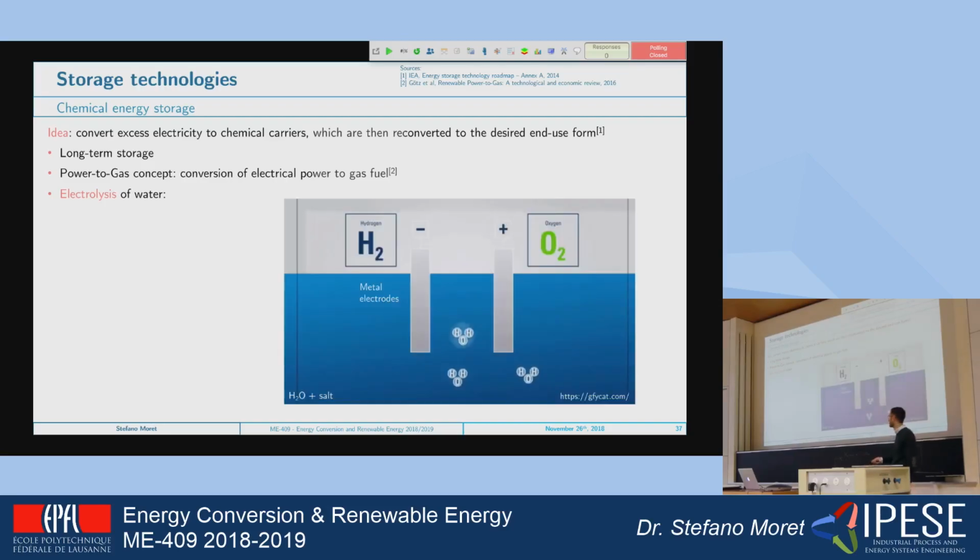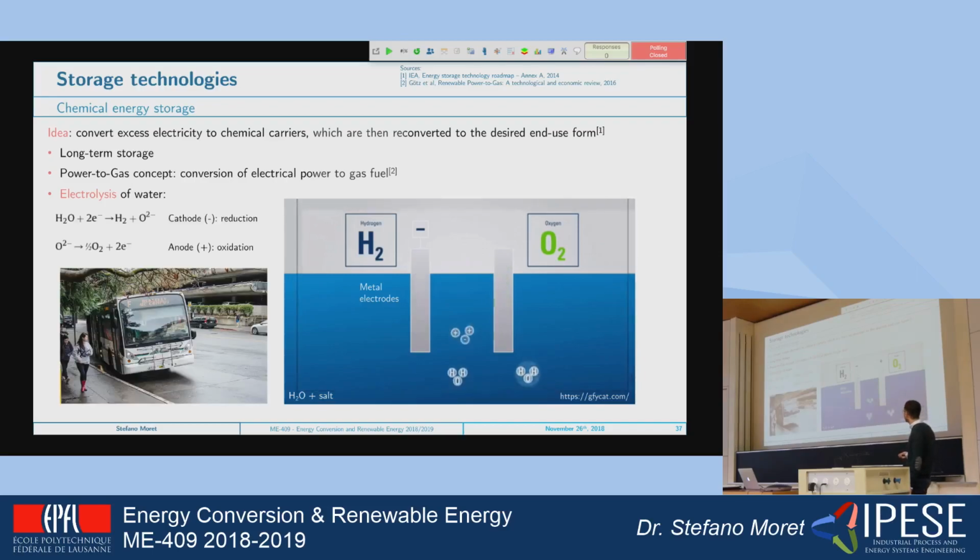It's the same as a battery. So it's the electrolysis of water, in which we have a solution of water, normally with some salt in addition, and we have some metal electrodes that can be composed of different materials. We can use the electricity in excess from the grid in order to separate the water, in the same way we would do with a battery. In this case the signs are inverted, so the minus is the one that gets reduced, the plus is the anode in this case,